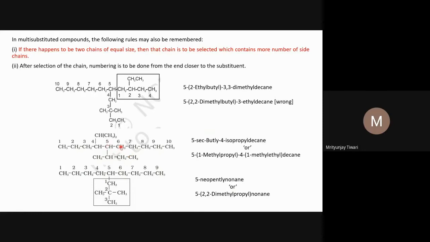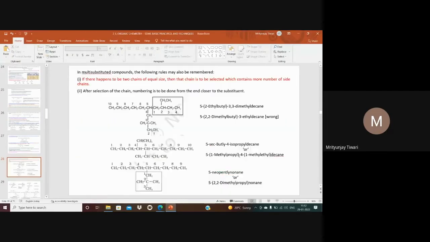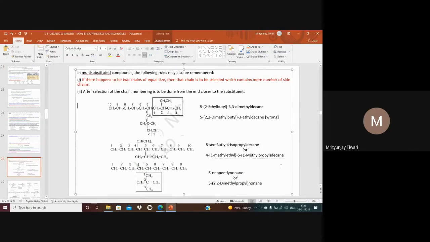And the substituents we see in this, I think, so there is just one error. So yeah,